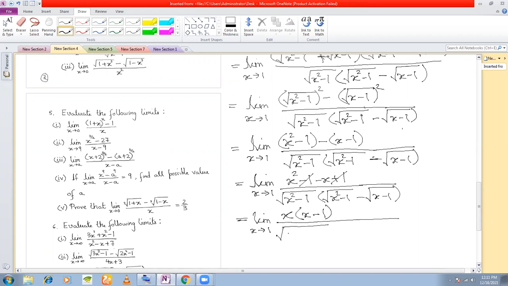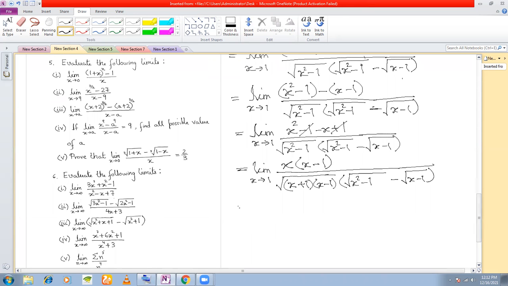can now write as, because you see that you are getting x minus 1 in the numerator, you can write this as x plus 1 into x minus 1, root over x plus 1 into x minus 1. And the other factor you keep as it is. Okay. So now what to do?